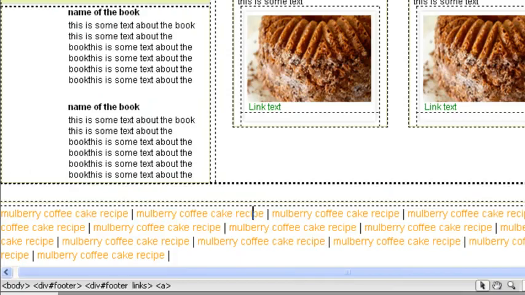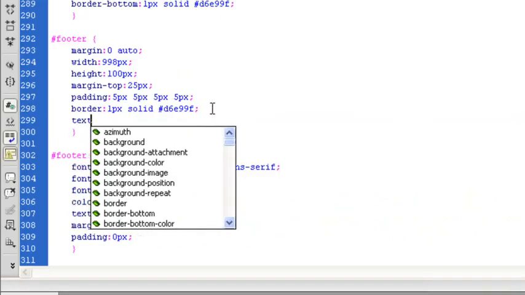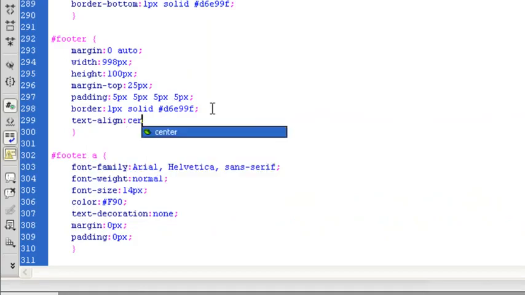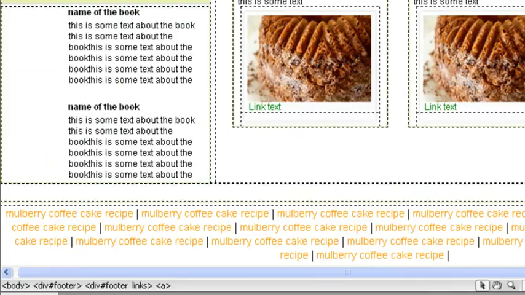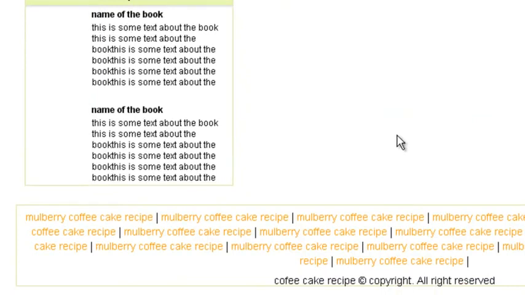Okay, I want to center align the text a bit so it's all in the center of the page. So I'm going to come to footer and I'm going to type in text align center. So that will center align the actual text. Let's have a look, see how we're looking. There you go, the text is center aligned,